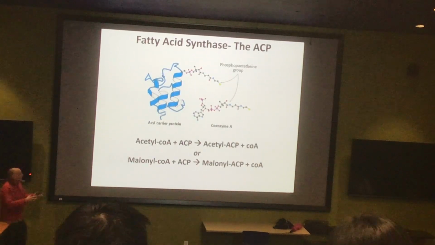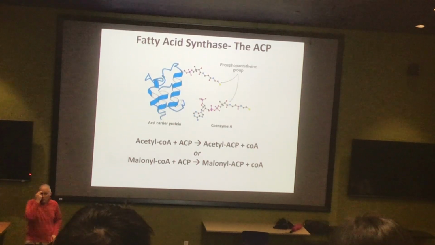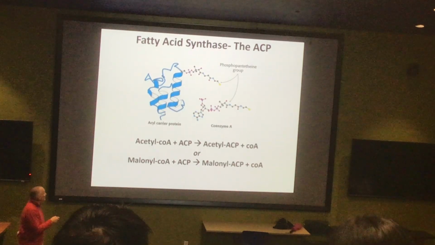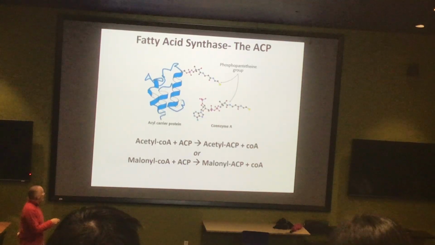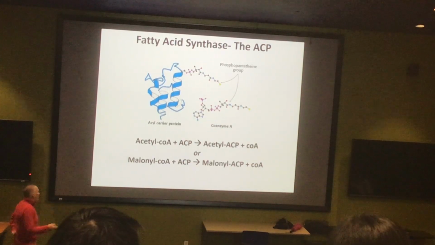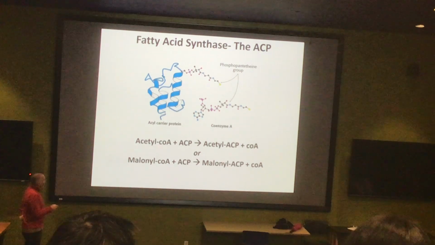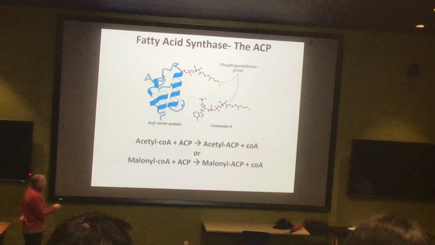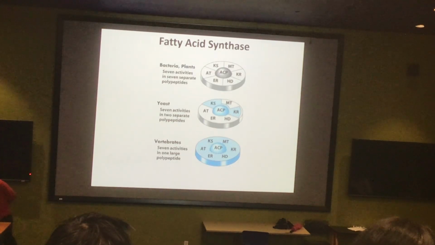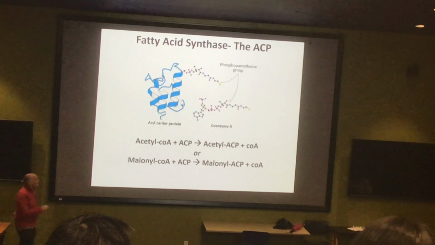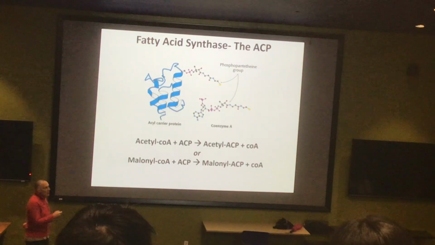Really important, sitting right at the center, is this acyl carrier protein. The acyl carrier protein has one important cofactor, a lysine-linked phosphopantetheine group that has sulfur at the end. So much like coenzyme A, it can form thioesters. And in fact, quite often what we're going to see is the conversion of one thioester to another. So for example, we will bring in an acetyl-CoA and an ACP, that's again the one right in the center of all things, that's where it's physically located, and form acetyl-ACP. So just add 2 carbons to the ACP and lose the CoA.